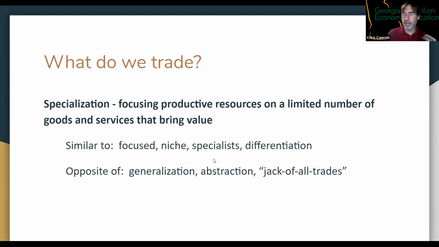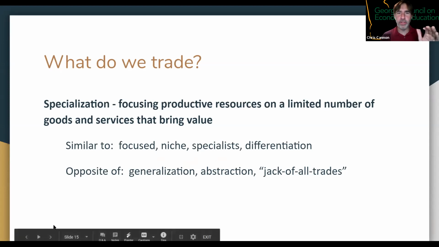Because in economic theory, if you're really a jack of all trades, then you're not probably good at any of them, although that's not true in real life, but that's where that phrase comes from. The other phrase economists hate is, if you want something done right, you got to do it yourself. That's only true if you're good at it. So